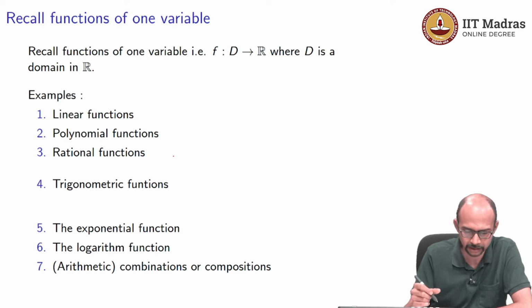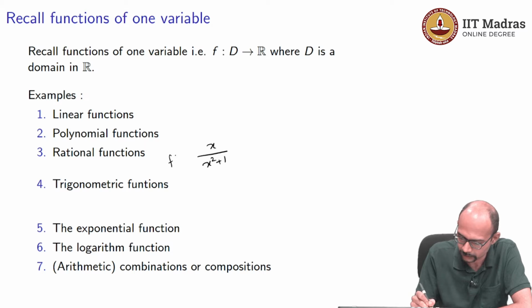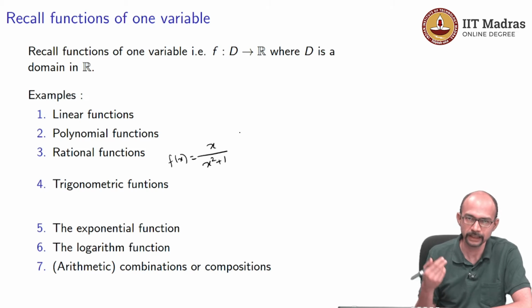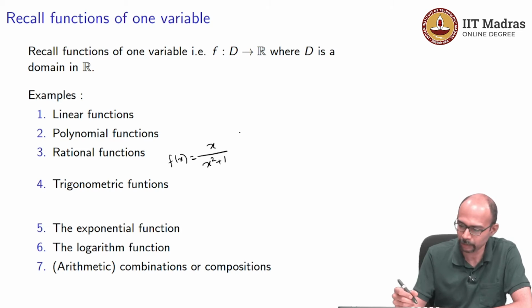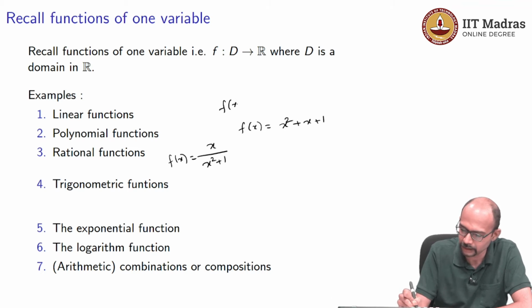Just to remind you, for rational functions we meant things of the form say x by x squared plus 1. So, this is what typically was a rational function, a division of polynomials. Of course, once you divide, you have to be careful that the denominator is non-zero. If it is 0 somewhere, then you have to say that it is not defined at that point, define it separately, or just say that the domain is a restricted part of the real line. Polynomials were, for example, f of x is x squared plus x plus 1. Linear functions, of course, f of x is a x plus b,